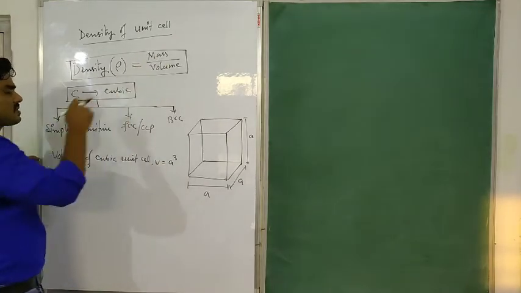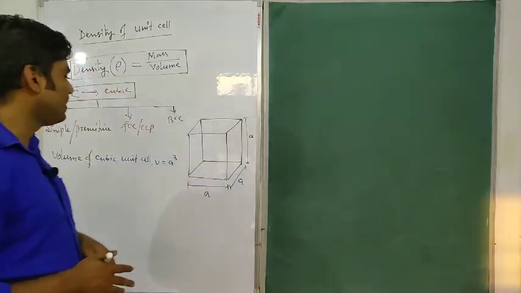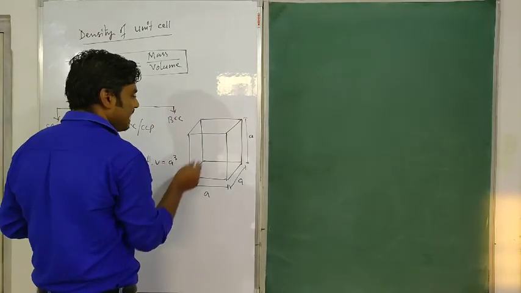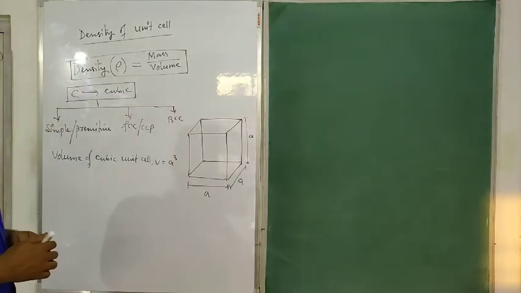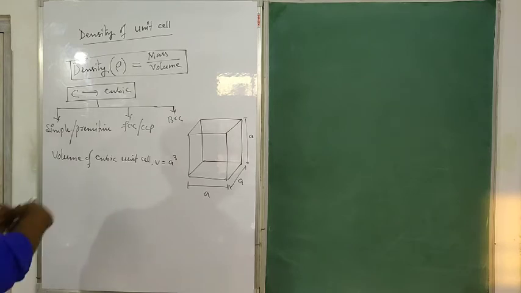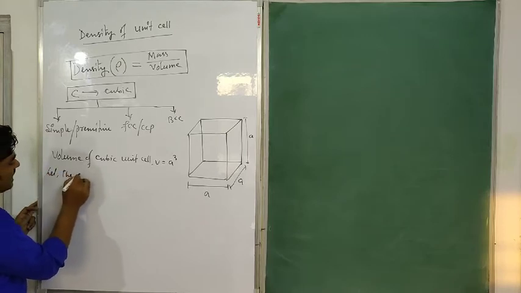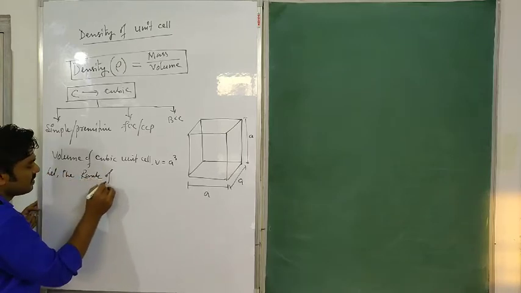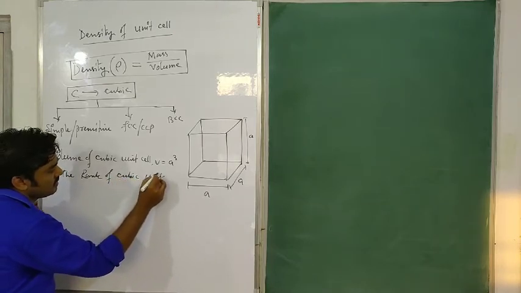And then there is the mass of the unit cell. How can we find the mass of the unit cell? We can find it by knowing the effective number of atoms and the mass of one atom. If we multiply them, we will get the complete mass of the unit cell. Yes or not? Yes. So here we have to find the effective number of atoms. So let us consider the effective number of atoms, or rank, of the cubic unit cell